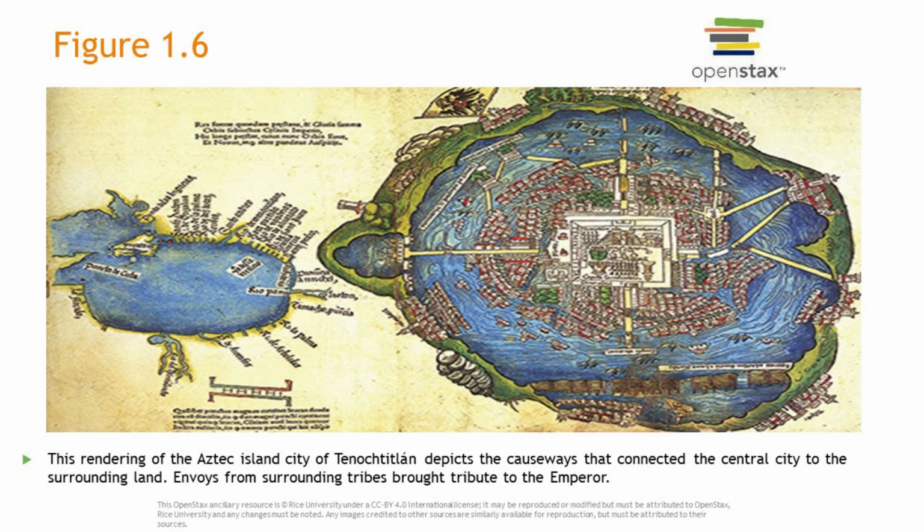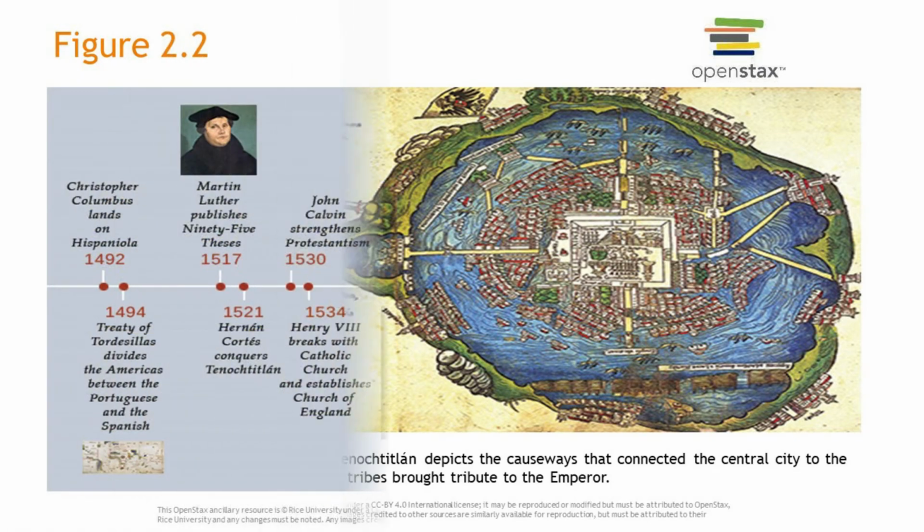The other interesting fact here, or legend for this location for the Aztecs, is they had a vision about where they should settle the city. And it goes that they should found the city wherever they see an eagle resting on a cactus. And if you're familiar with the Mexican flag, that's what they actually have represented on their flag, an eagle sitting on a cactus. So that goes back to the Aztecs legend and tradition for that.